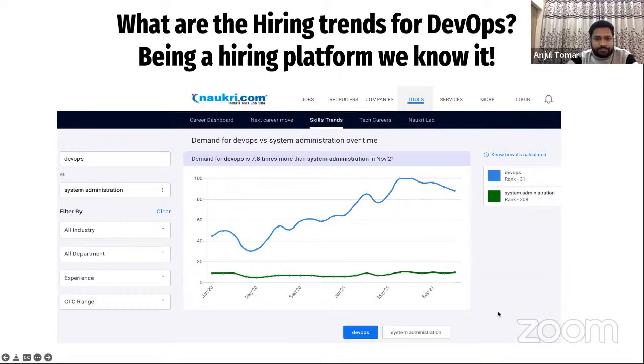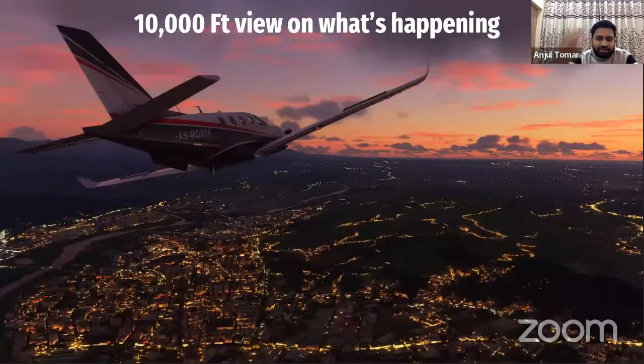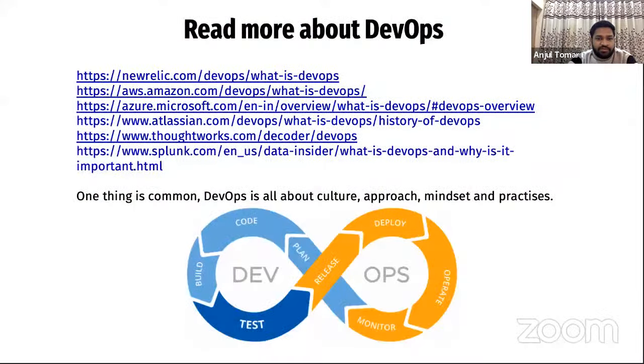So let's move further. One thing to make sure, today's session is just an overview of the technologies and the process that we are doing, right? We are not deep diving into the micro technologies or how tools work. But if you are trying to move to DevOps, or if you're in DevOps and trying to search for a path, then this is the right place. You can go ahead and read about DevOps in these places.